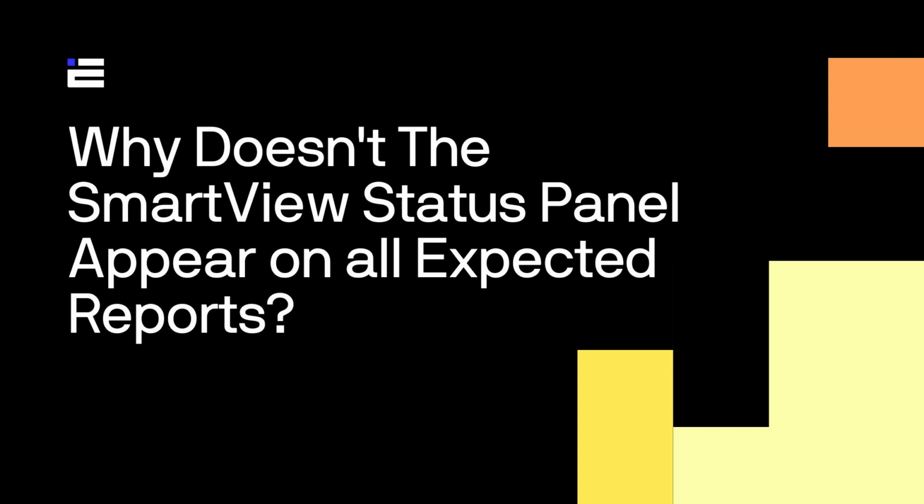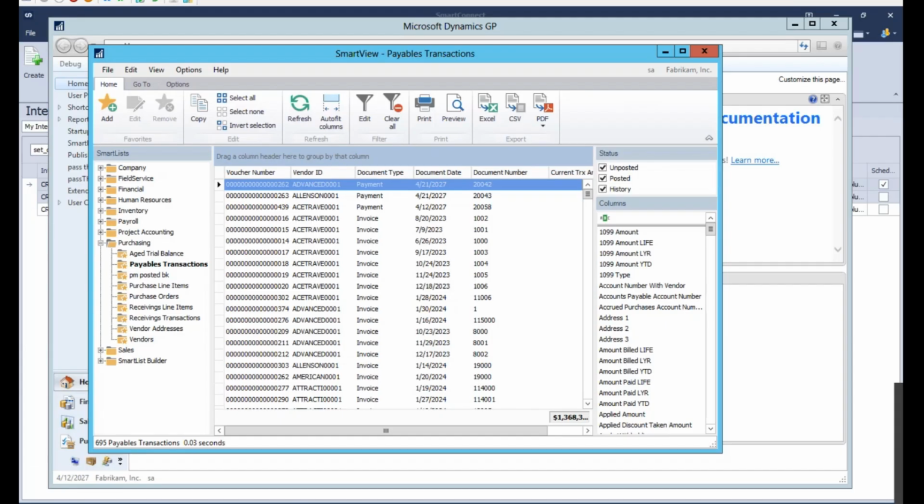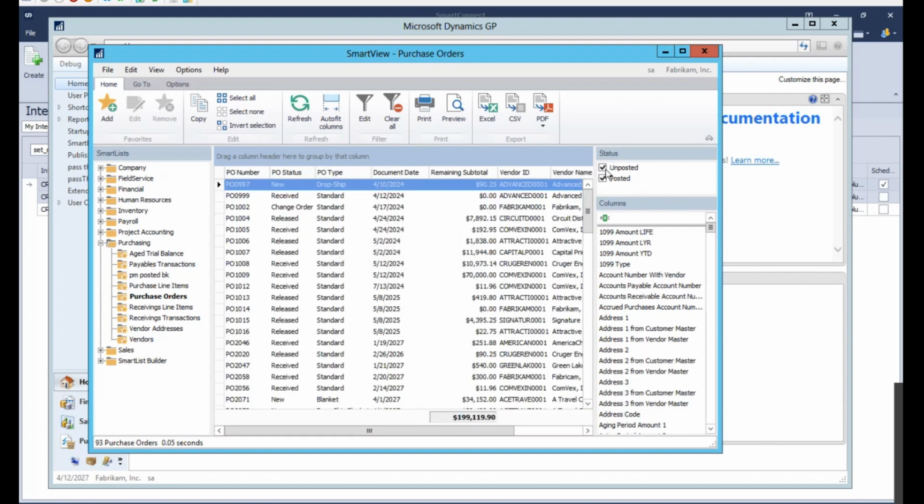Today we're going to look at status panels on the SmartView reports. So if we look at this payables transaction report, what we can see is that it has a status panel, and we can choose unposted, posted, history. The other ones, such as purchase orders, would only show unposted or posted, since that's the only states that they